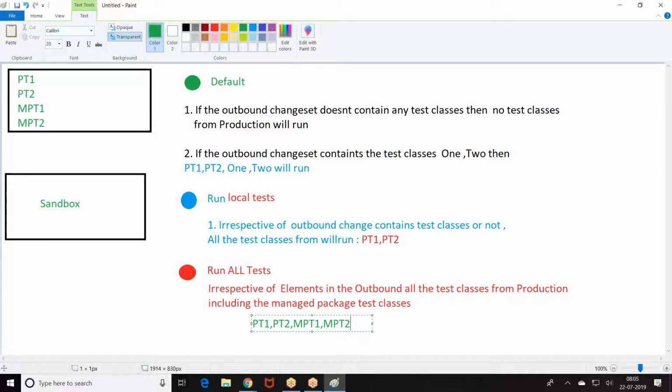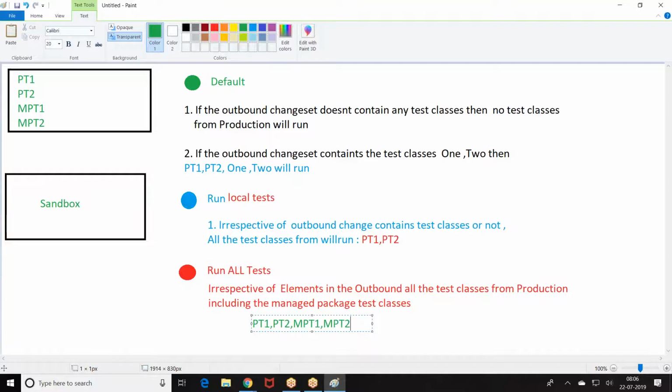So when I say default, if the change set contains test classes, then only the local test classes of production will run, PT1, PT2. If the change set doesn't contain test classes and I choose default, no test class will run.